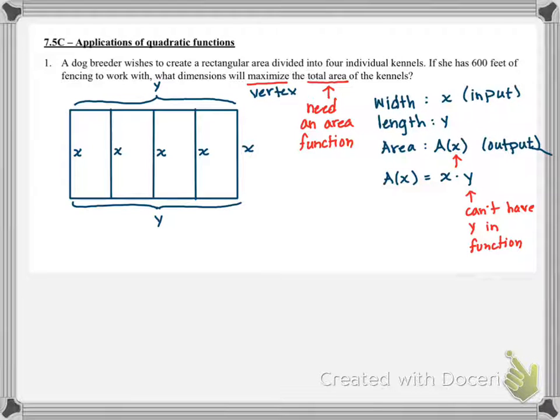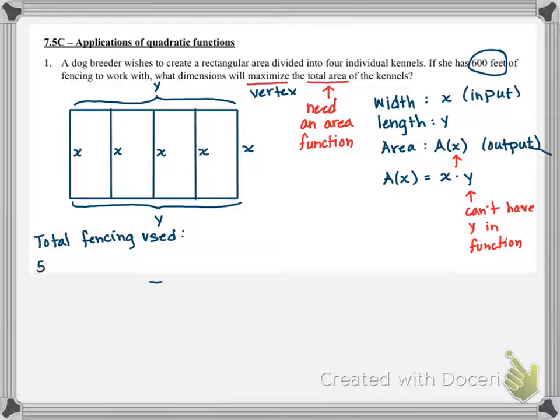So that's my clue that I need to somehow express my length in terms of x. So that's where I'm going to use the fact that we only have 600 feet of fencing. So the total amount of fencing used,